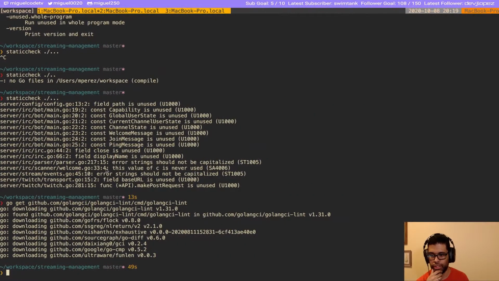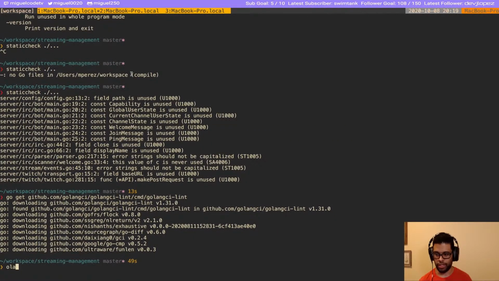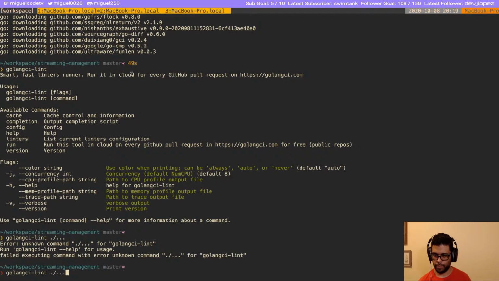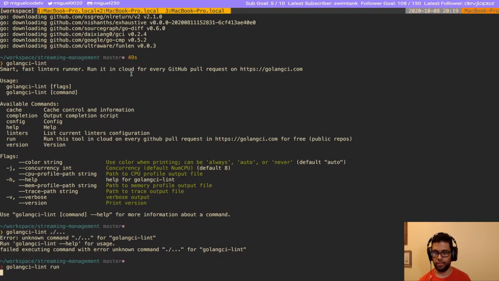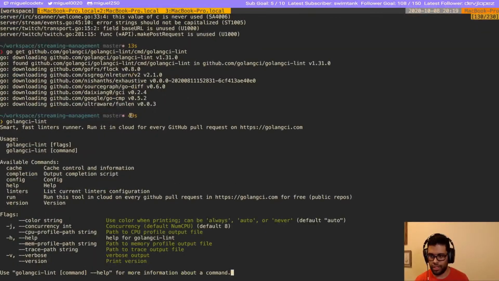Okay, so we try that out. So I believe I just have to run golangci-lint run. Wait, what is